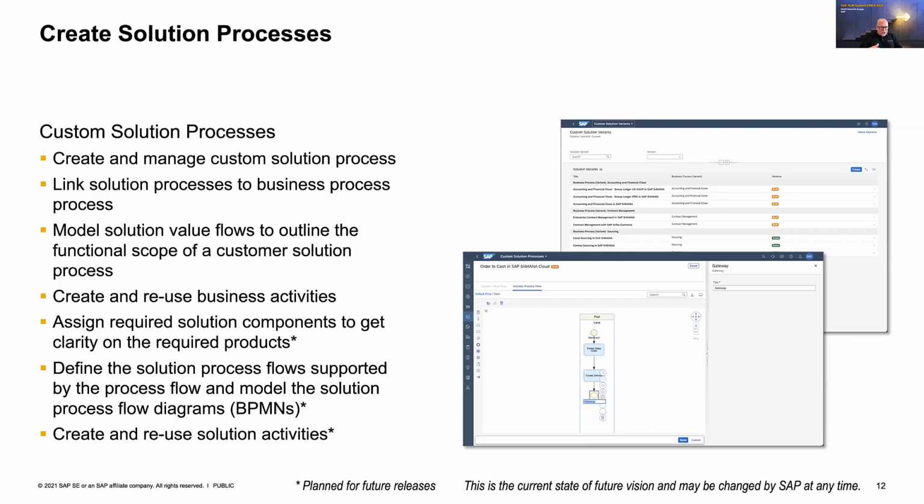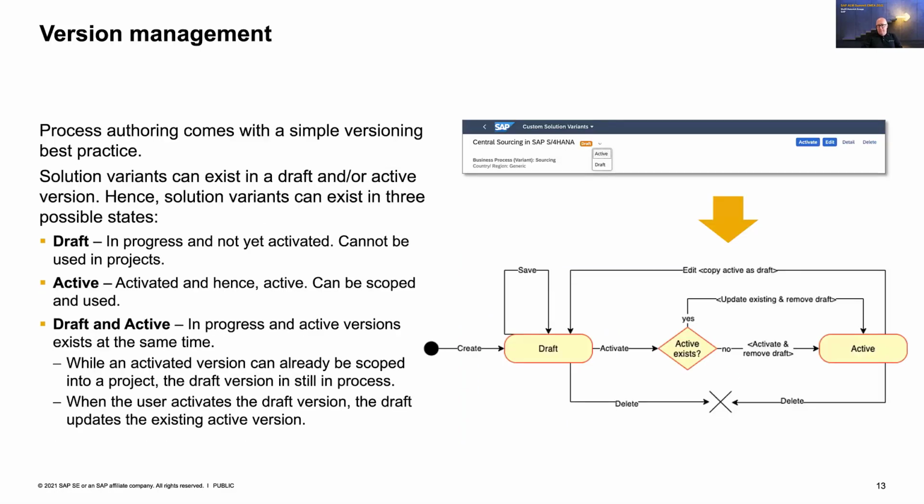So we established a kind of version management here for those solution processes, but we tried to make it really, really simple. If you have a custom solution process, it may exist in two versions only. It can exist as a draft version, or it can be active. So what is behind a draft version? If you create your new solution process in the first place, and that you see also in the status scheme on the lower right of the screen, you have only a draft version.